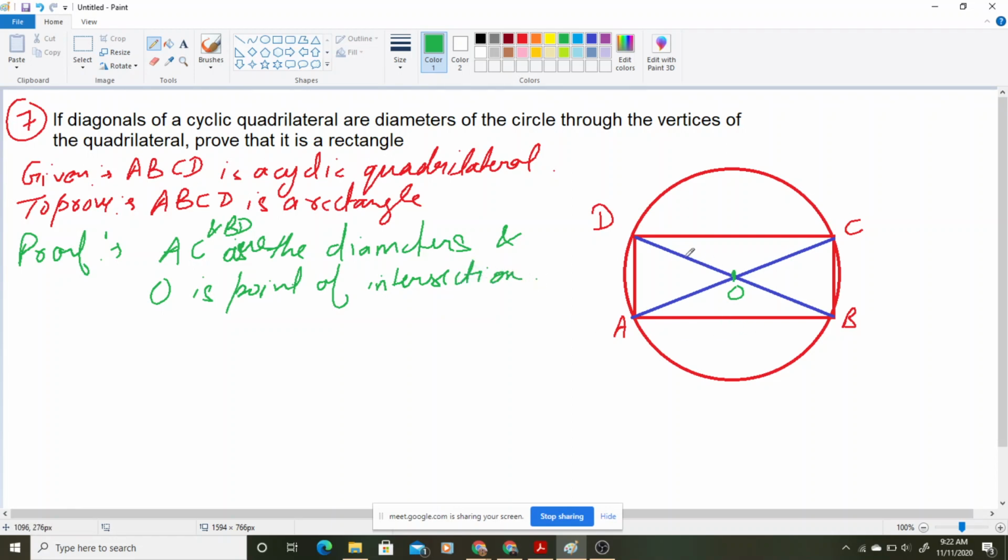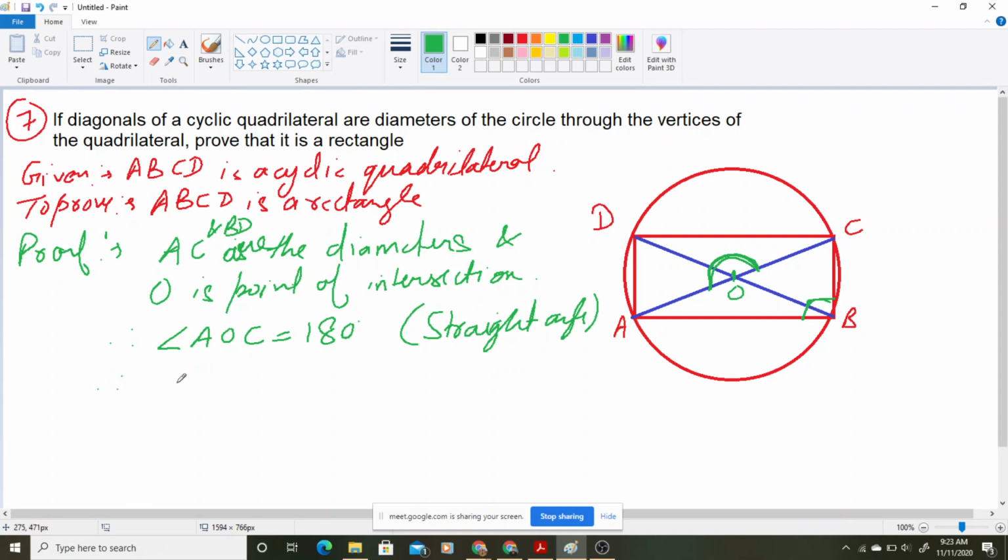Now on this point O, if I am talking about this complete angle, this angle AOC, how much this angle AOC will be? It will be 180 ना, क्योंकि देखो ये एक straight angle है. It is a straight angle. Straight angle. This angle AOC. Look for this angle AOC. Now, how much this angle B will be? If this angle AOC is 180, isn't it half of this one? क्या ये उसका half है?